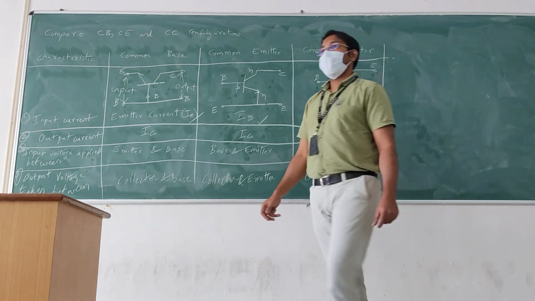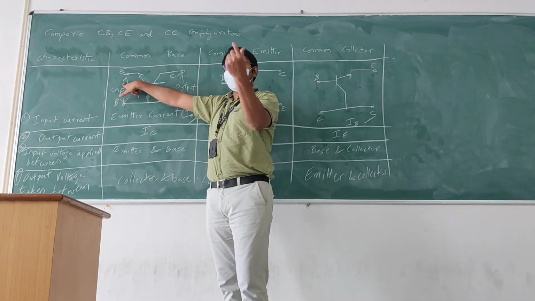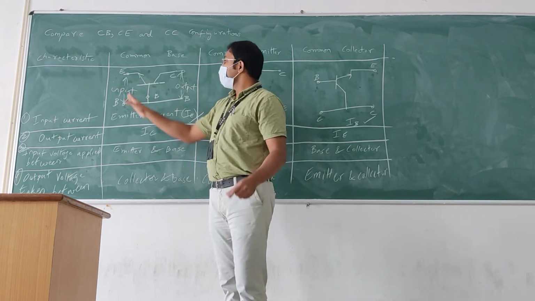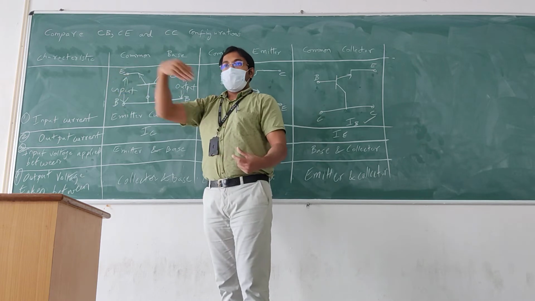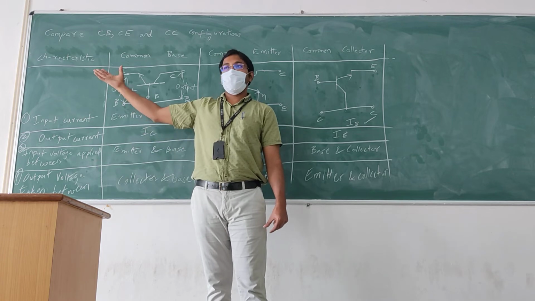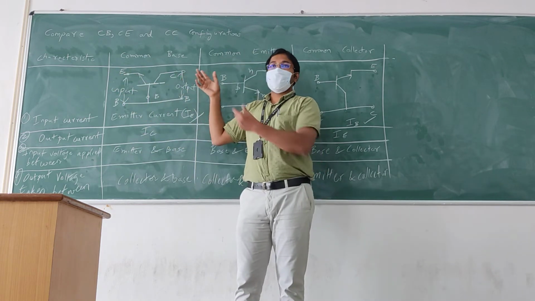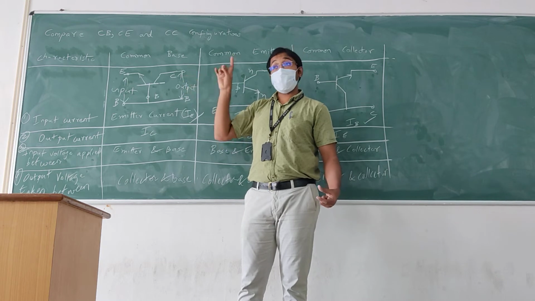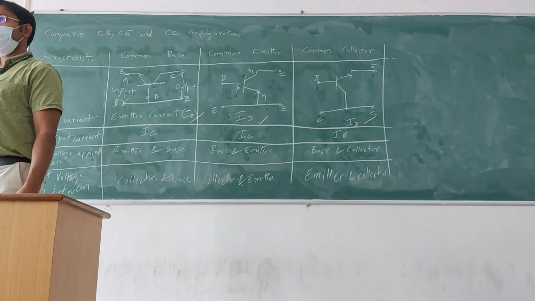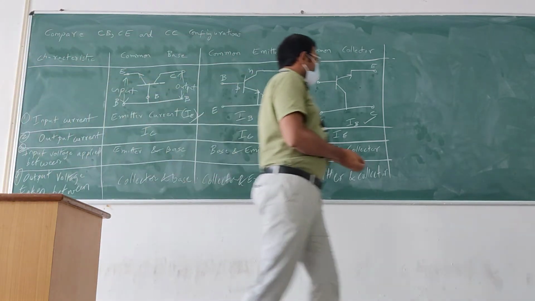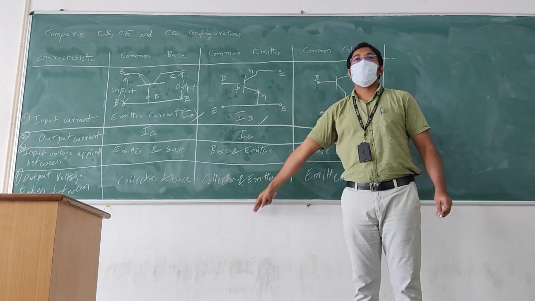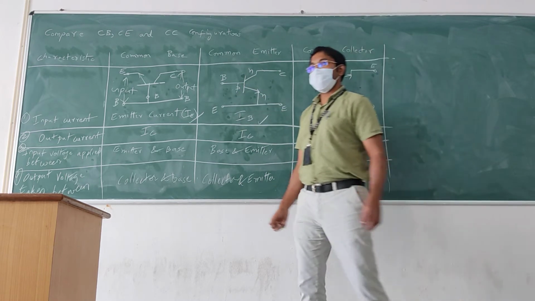That is the reason low resistance is the input, the forward biased junction, and it is called the emitter. It emits the charge carriers, so obviously it is the input. Collector collects the charge carriers. So if base is common, collector will be output. Anyway, you remember this. Based on this, you can write the comparison.